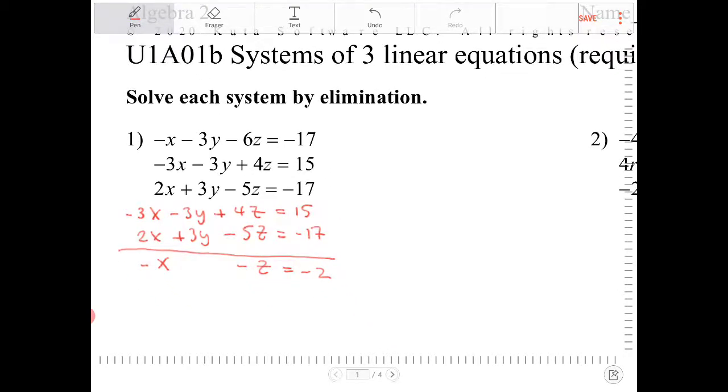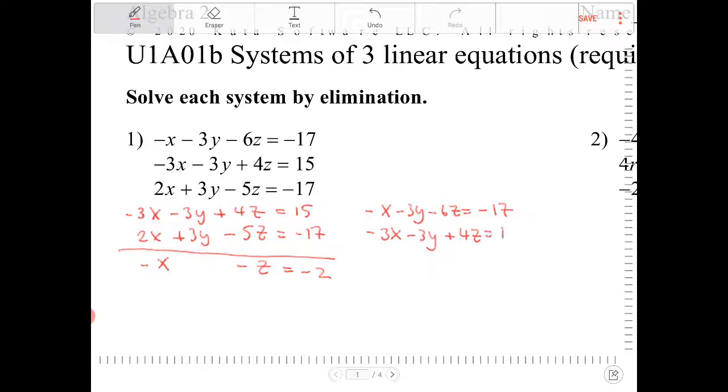What I'm going to do now is I'm going to take the first and second equation, and I'm going to do the same thing, and I'm going to try to eliminate y. I'm not going to try to eliminate anything else because the point is I need to get rid of all the y's from all three equations. So how am I going to do that? I'm going to take the first equation and the second equation, and again I'm going to write it out. So I have negative x minus 3y minus 6z. Again, the key here is calm and methodical. And then negative 3x minus 3y plus 4z